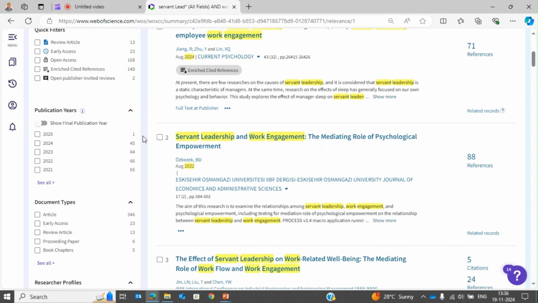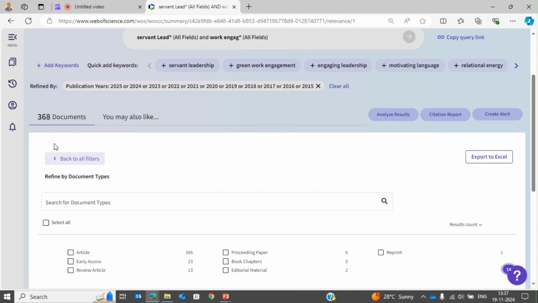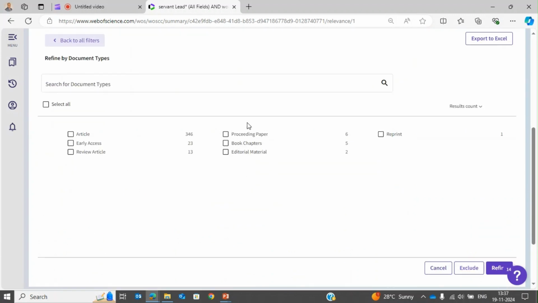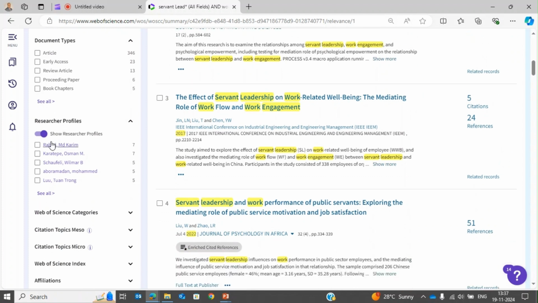So how many do you have now? Now you might also like to refine it using only articles, review articles, proceeding papers, etc. However, I would suggest not to use this filter, because the systematic review aim is also to have a comprehensive picture. So I would suggest to include all of these, even if it is a book chapter, an editorial, or a proceeding paper. So for document types, I would suggest